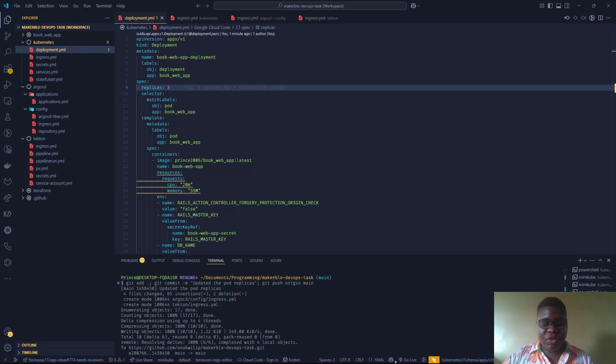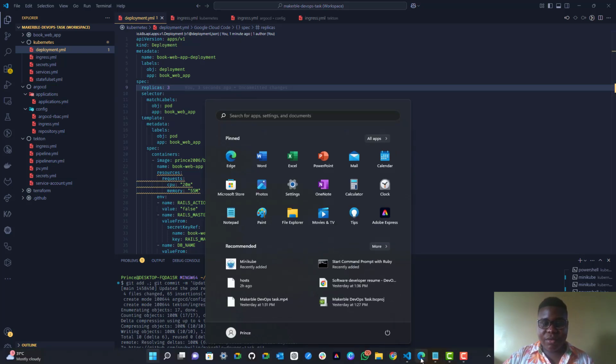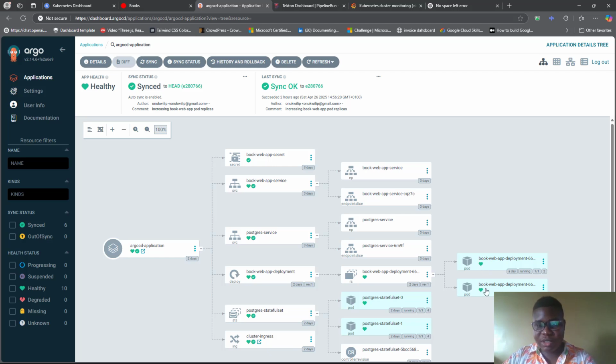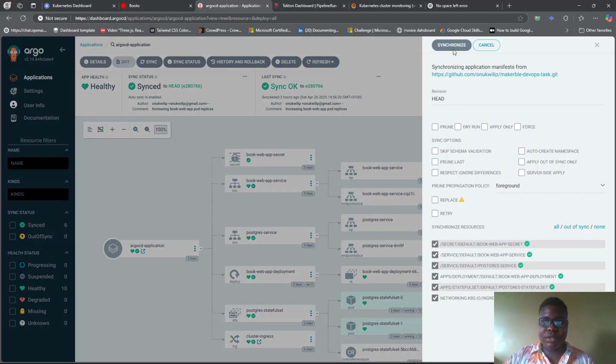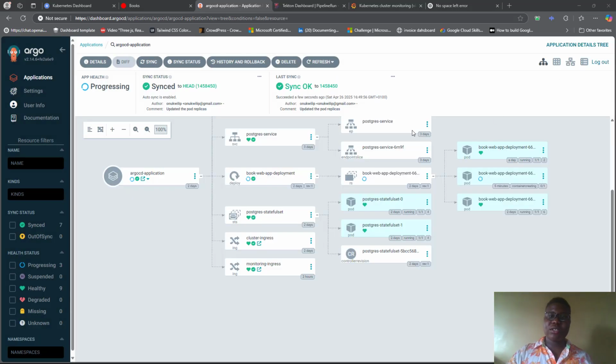So currently we have 2 pods. So this is the deployment. It will be increased to three after some time. All I've got to do now is to sync it. Okay, sync. So see, I was able to sync it, and now my pod instances have been increased to three, but it's still loading, still starting the container. Okay, so that's it, demonstrating the GitOps with